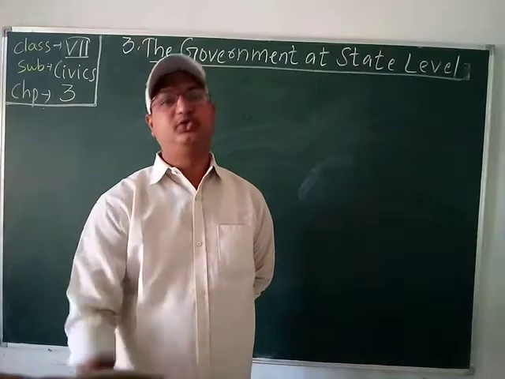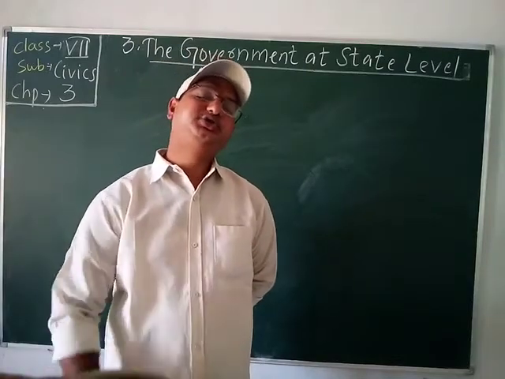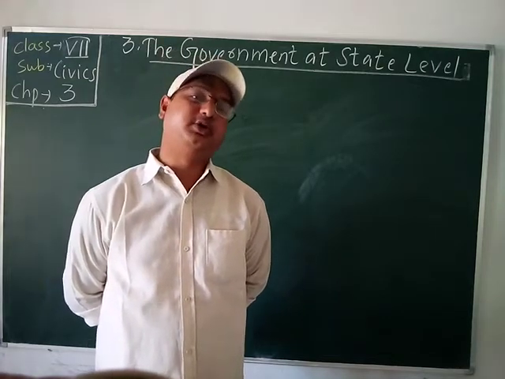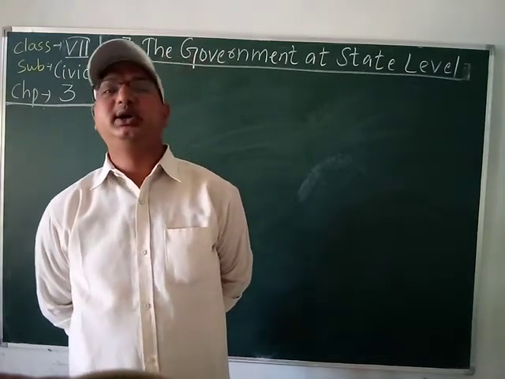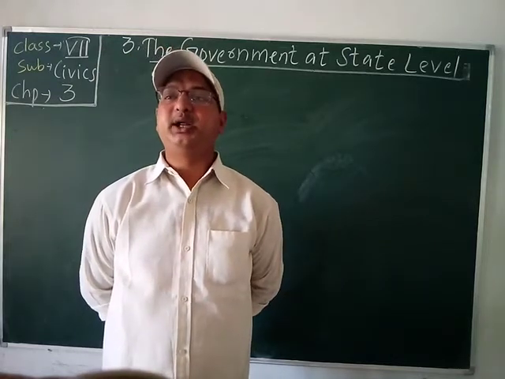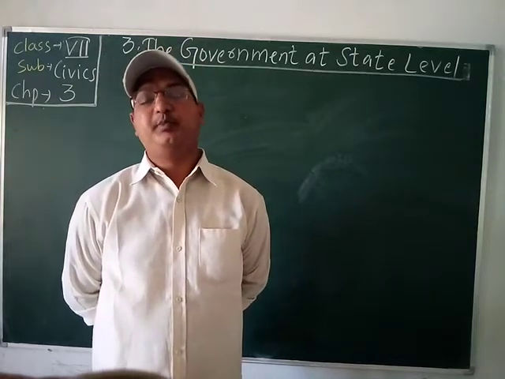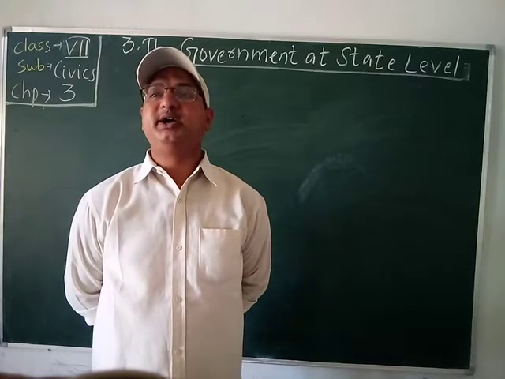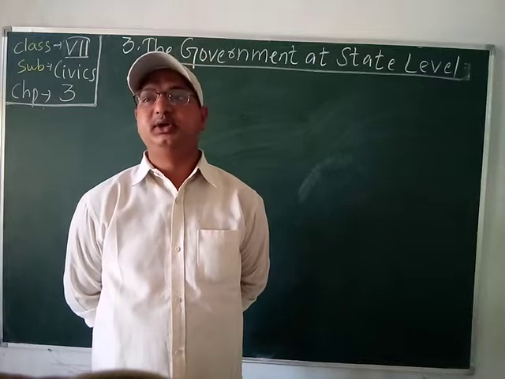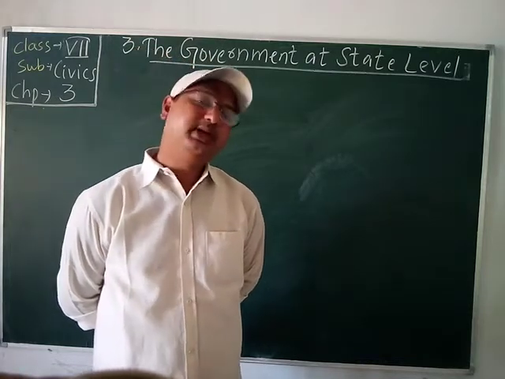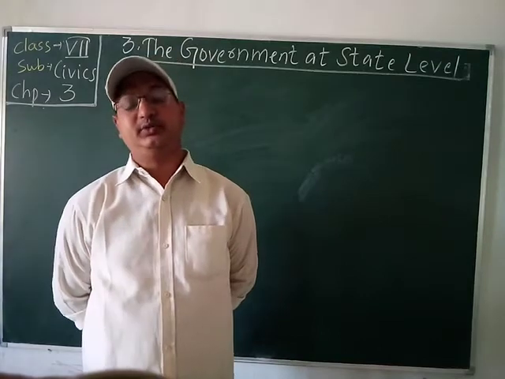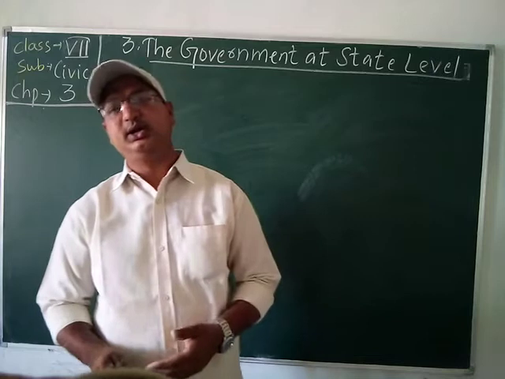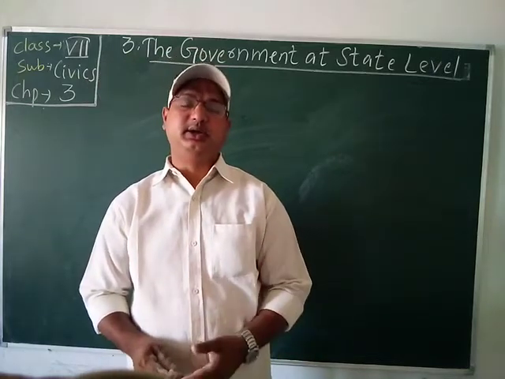What I have told you now is that our Constitution enables us to have a dual government, one at the center, the second one at the state level. Then the pattern of government at both the levels is parliamentary. How, students? The pattern provides for two types of executive at the same level, that is the nominal and real executive. We will study the meaning of nominal and real in the next few minutes.